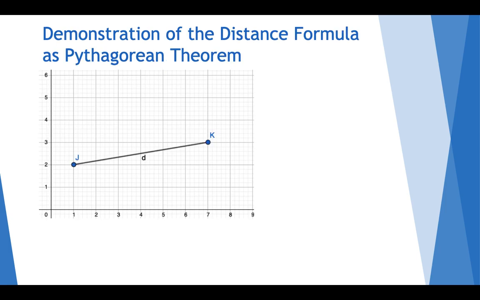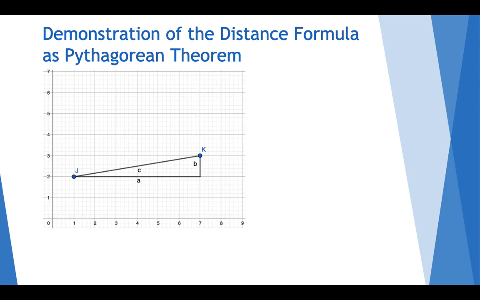Here's a demonstration explaining how this works. So let's call the distance between j and k d. Okay, we want to find the distance between j and k. But since it's a slanted line rather than just going vertical or horizontal, we have to use the distance formula. But instead of using the distance formula exactly without knowing where it came from, let's try to set up a right triangle. So let's draw these lines here and here,